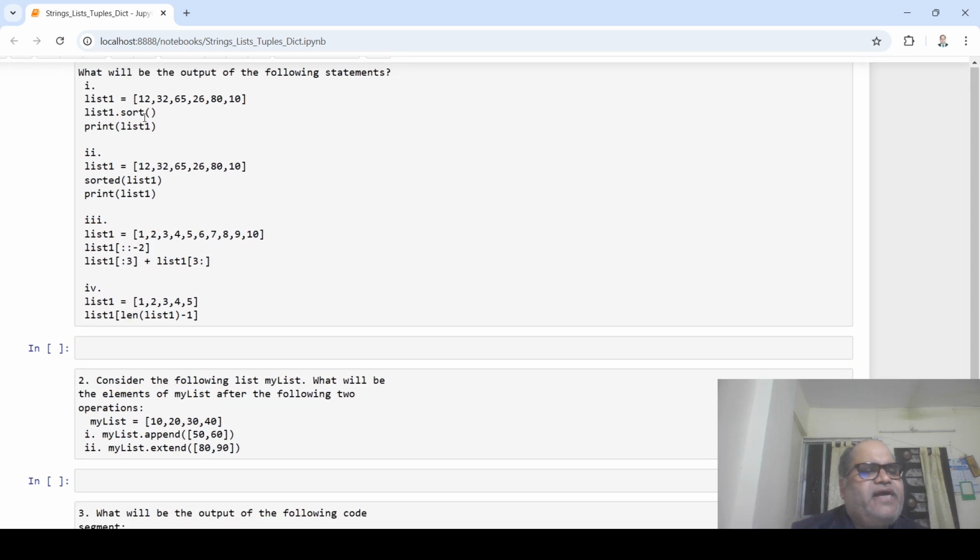So what will be the output of the following statement? You can see first one, list one is assigned to some 12, 32, dot dot dot, and then it is calling a sort on it, and then it is saying that print the list one again, right? So what will happen in this particular case? As you know, sort does an in place sorting. So it means that list one is sorted in place only. So if you print, this particular list will be printed in order, for example 10, 12, 26, 32, 65, 80,